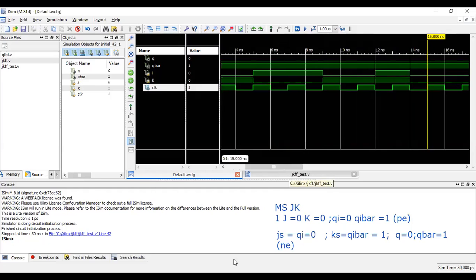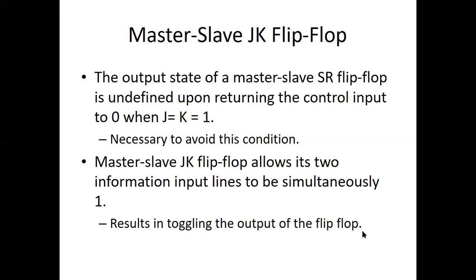Now let us summarize MSJK. Now master slave JK. Before coming to the master slave summary, why not we implement a master slave flip-flop using SR? A master slave flip-flop can also be implemented using SR. I'll show how it has been done in the continuous sections.